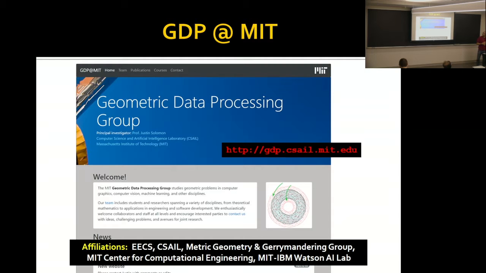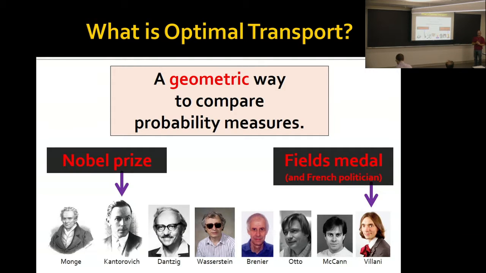But today, I'm going to tell you about a line of research that we had specifically in an area that's the intersection of probability, geometry, and large-scale optimization, which is known as optimal transport. Optimal transport has a very long, distinguished history. I'm sure I've left people's names out, and of course it's led to Fields Medals, Nobel Prizes, and now a French political position in the parliament there. But as a mathematical theory, it's a geometric way to compare probability measures.